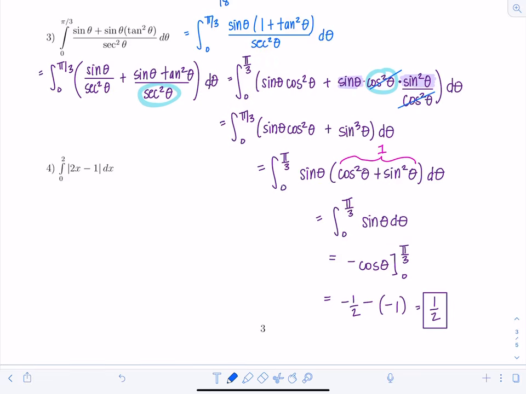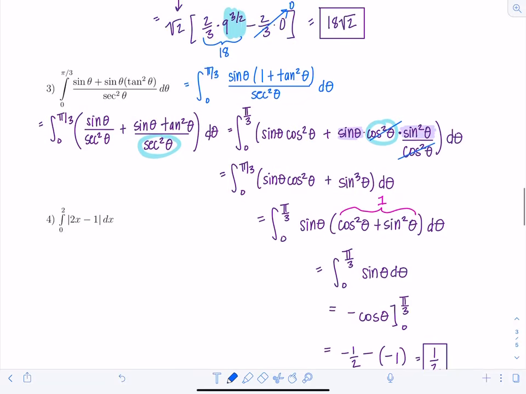And guess what 1 plus tangent squared theta is? That's secant squared theta. So then it would have just canceled out right there,